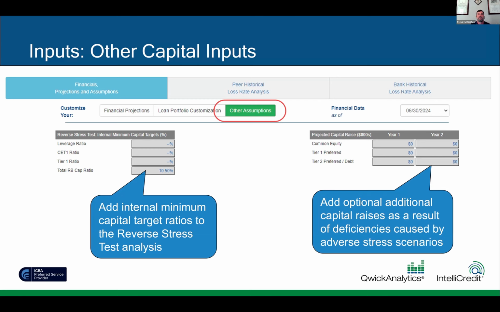So it allows you to get to the end point of doing credit stress testing. And that is really what effect would it have on capital and how can I work this into my strategic planning process and my capital planning process.